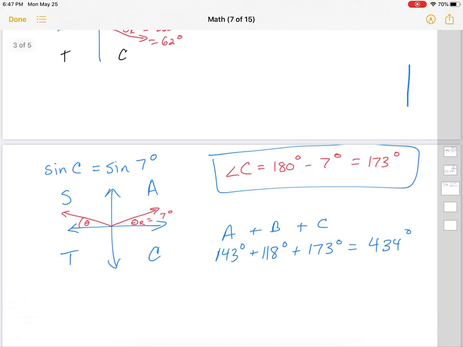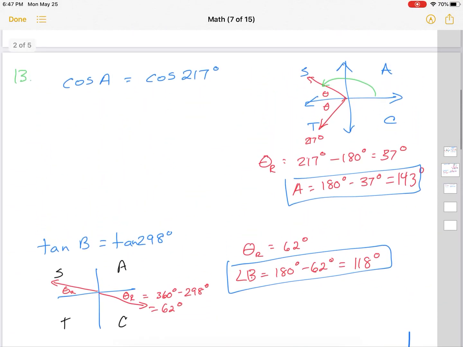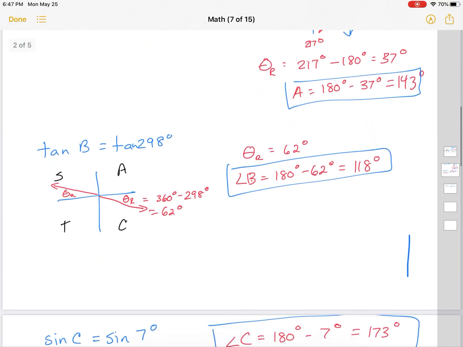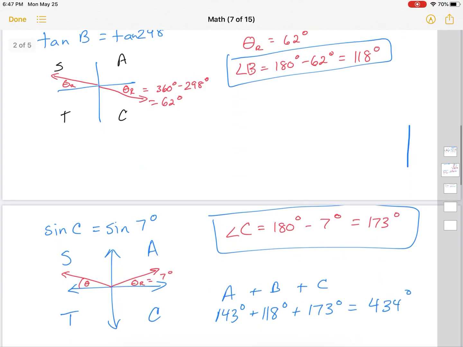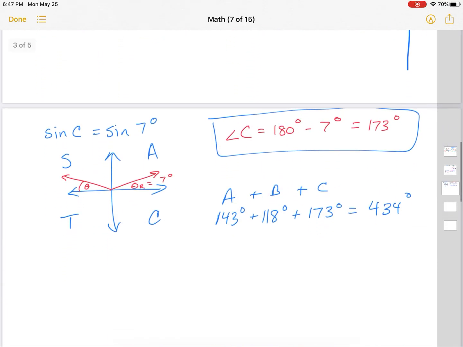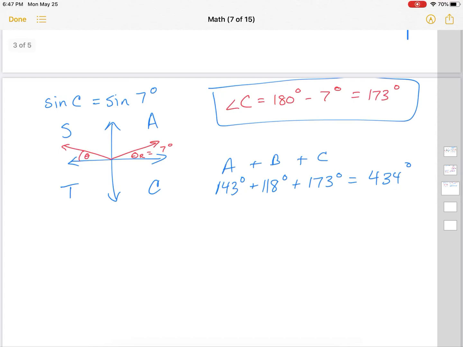Yeah. So it's really about thinking about what is the other quadrant where that's going to give me the same value. And thinking about, okay, in the original quadrant, is the value positive or negative, and then figuring it out. You also need to make sure that you're finding the right